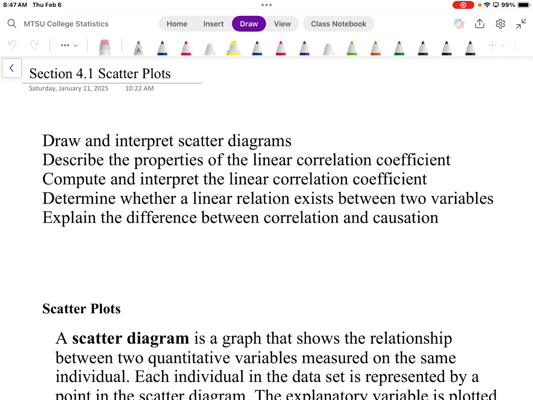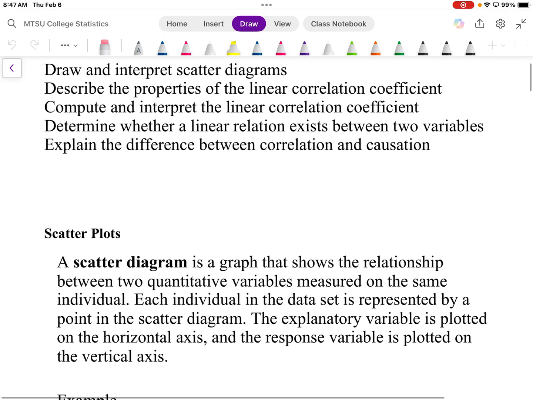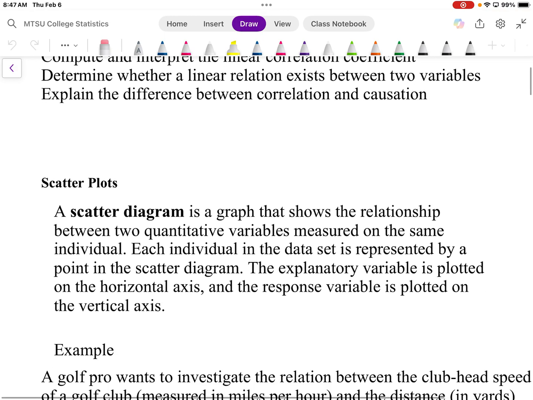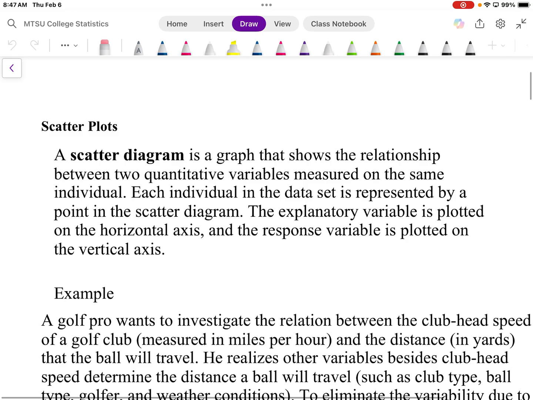And then determine, hey, is there a linear relationship between the two variables, besides just looking, does it look like the dots are in a straight line? There is a process that we actually go through to do that. Then we actually get to talk about, in this one, the difference between correlation and causation. So then we'll get into the next line, where we create the lines of best fit, or the LSRL,